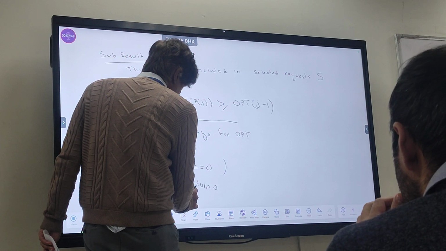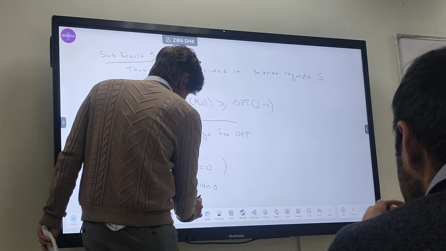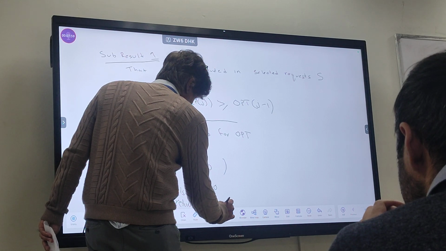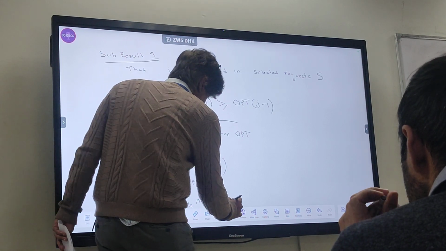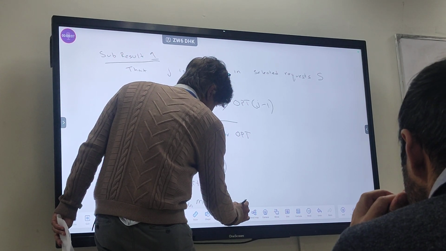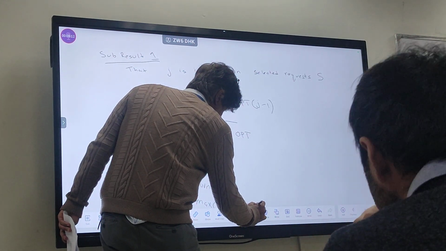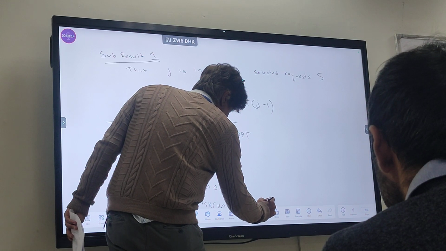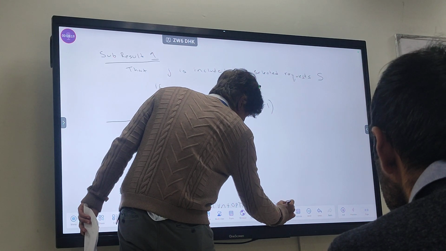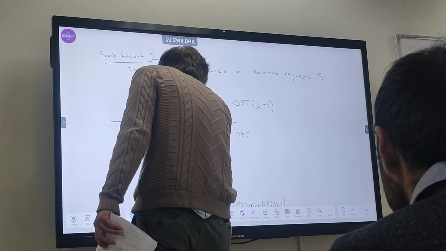Else, return the maximum of v of n plus opt of p of n, comma, opt of n minus 1.